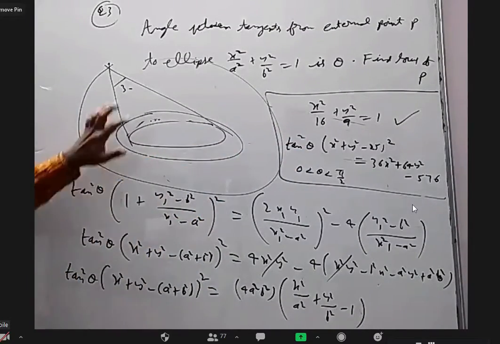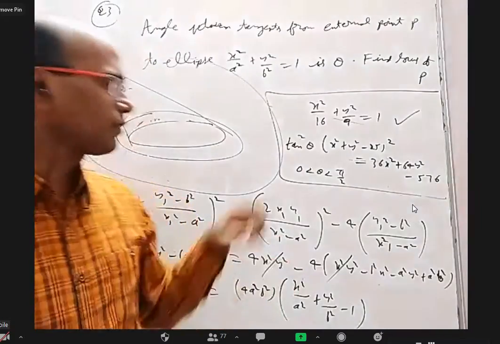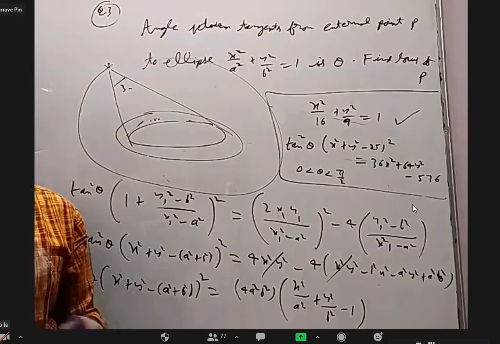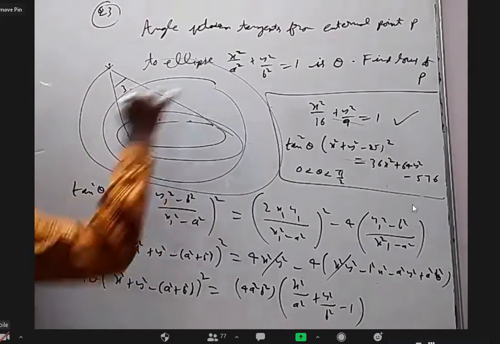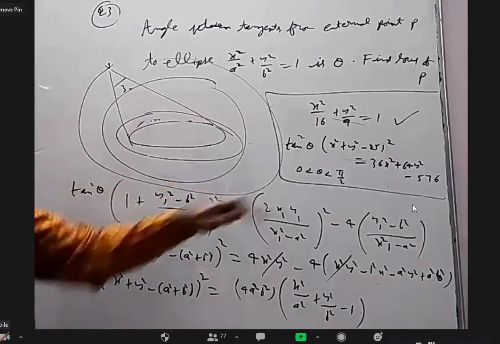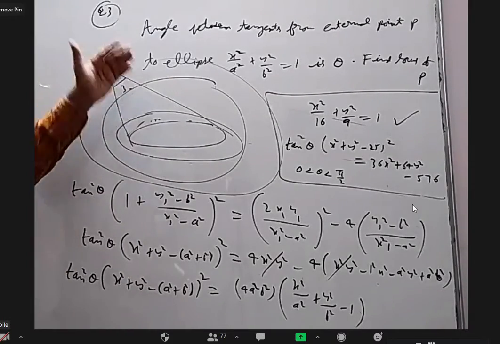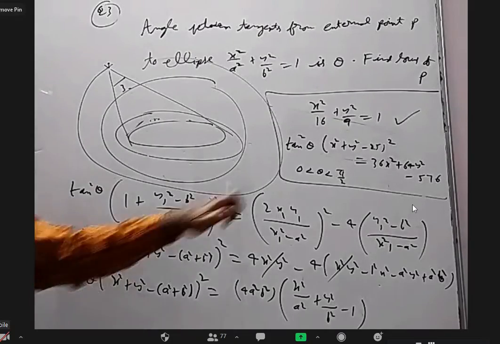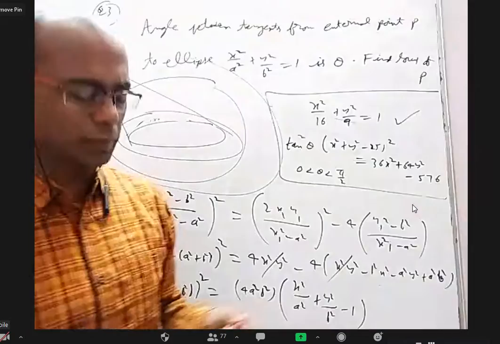So what I try to do, maybe we draw graphically in Desmos. As theta changes, every time you will get two curves. And when theta tends to 90 degrees, I think the two curves will match because there is no 180 minus 90. Then they will become the director circle. I'm sure when theta is 90, you will get the director circle. As you change from 90, you will get one curve here, one curve here. In fact, if you remove this and this and put a plus or minus also, you may get some.